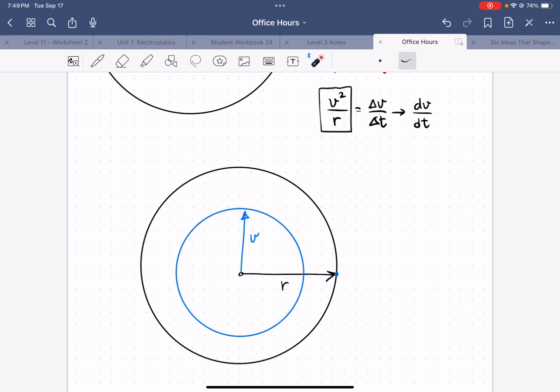So if we want to find the acceleration vector, it should have the same relationship to the velocity as the velocity vector has to the radius, because the velocity is just the derivative of this position vector,